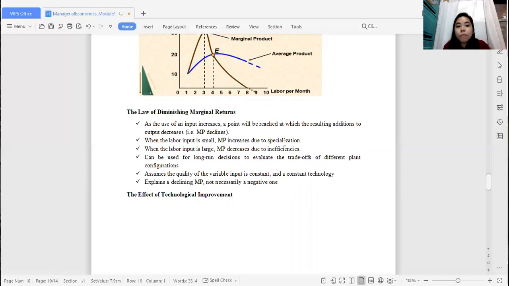So when the labor input is small, the marginal product increases due to specialization. However, when the labor input is large, marginal product decreases due to inefficiency. So kung tama naman kadamo ang tawo, usually ang matabo sina